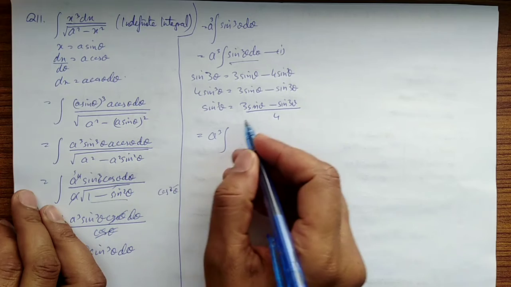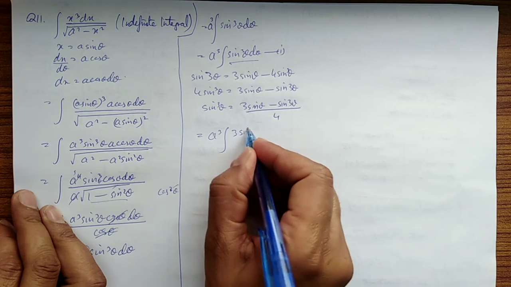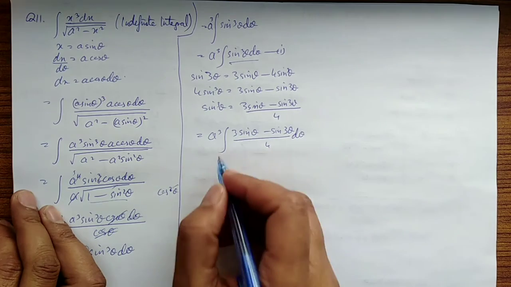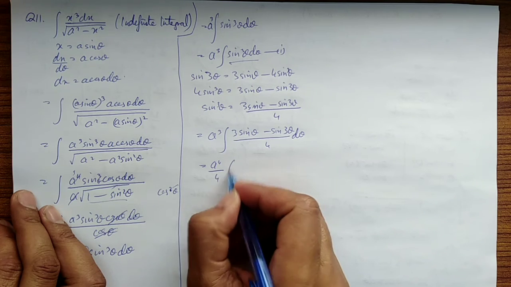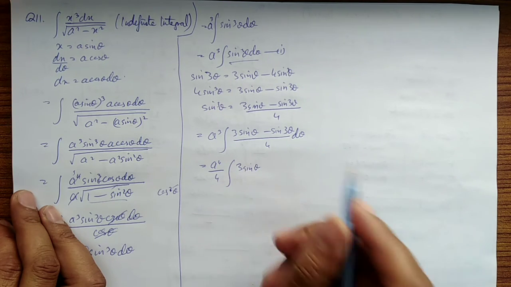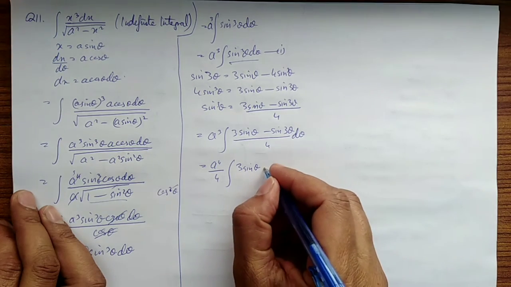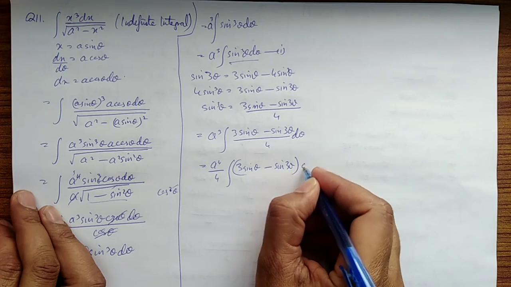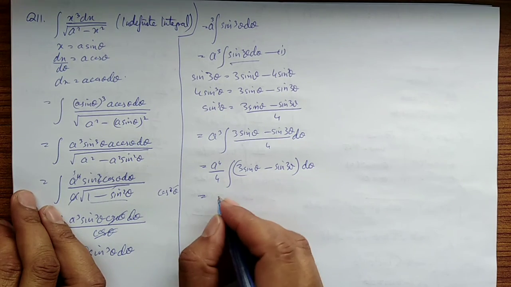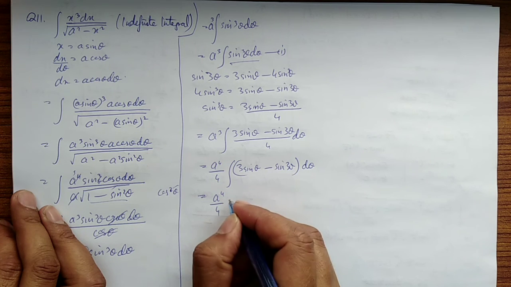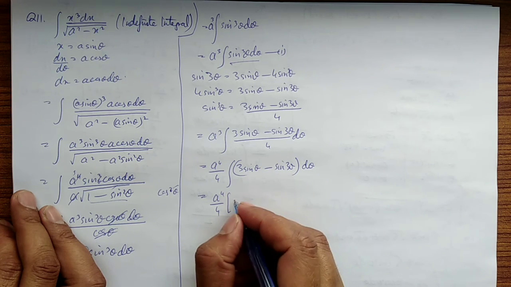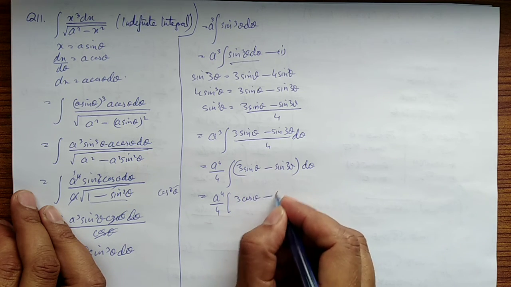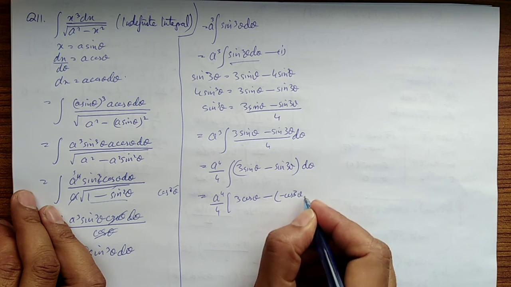a cube, 3 sine theta minus sine 3 theta, whole divided by 4 d theta, taking this 4 as common outside here, integral of 3 sine theta minus sine 3 theta d theta. So now finding the integral, what I will have, that is 3 is right there, integral of sine theta is minus cos theta, minus, integral of sine 3 theta is minus cos 3 theta whole divided by 3,